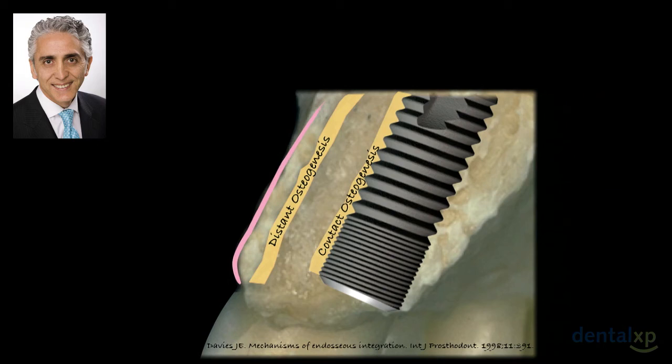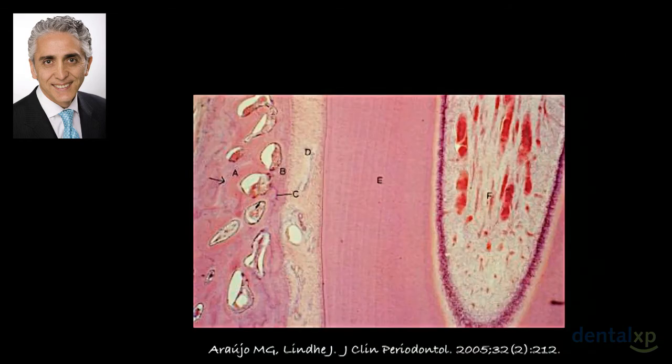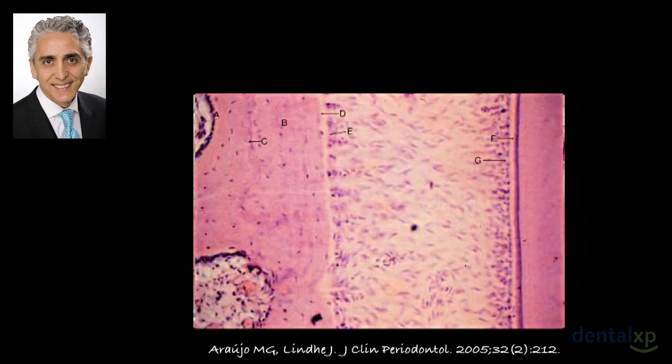But then the distant osteogenesis could be debatable because it will form on the existing bone, and whether or not that existing bone actually remains, that's been demonstrated by many that it does not, because that bone is made out of bundle bone. So when we're looking at this histologically, as Jan Lindhe has demonstrated in many of his publications, if we're looking at the histological images of the tooth, PDL, and bone, we can see that the alveolar bone